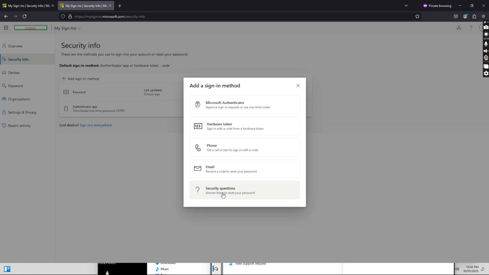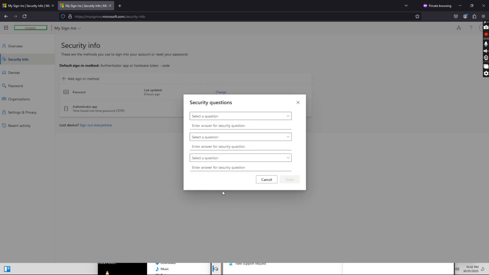If I select the security question, I just select a question, simply put it in, and a second question. So now I set up the security questions,